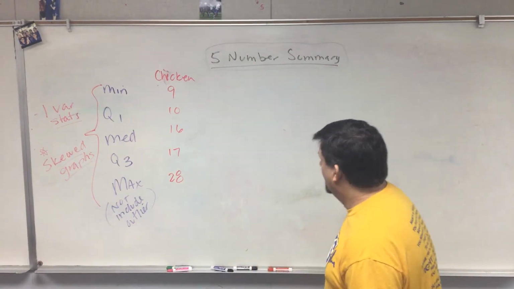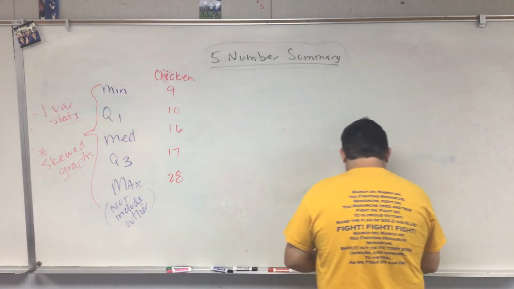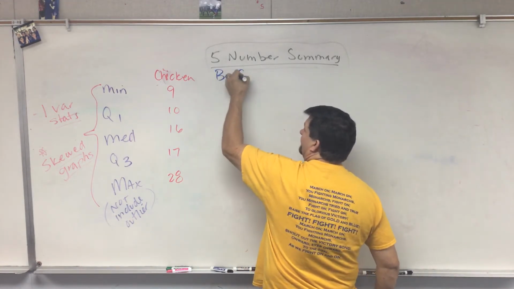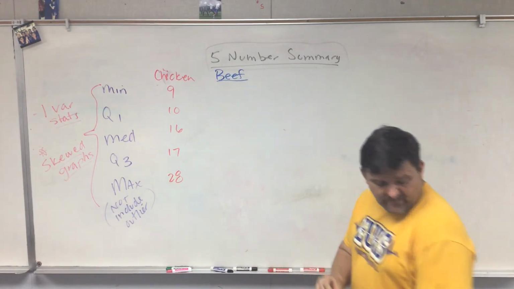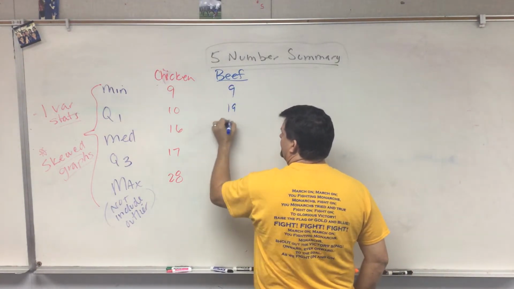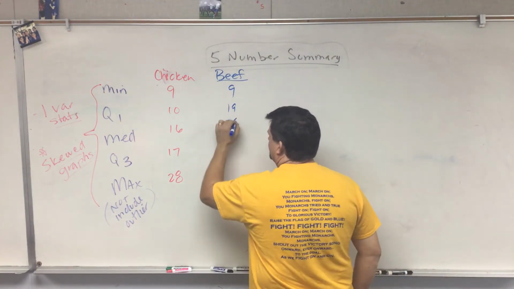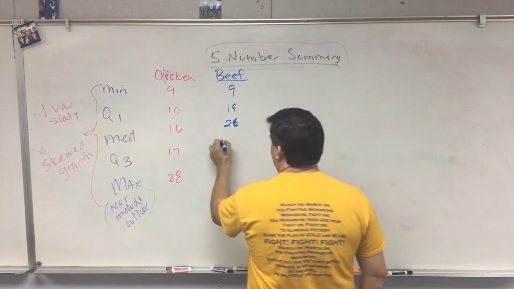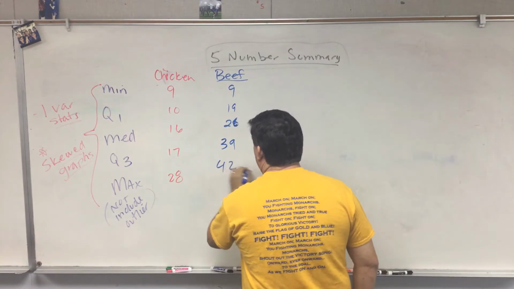All right. And then I have my beef data. We have our beef data, and it's 9, 19, 26, 39, 42. All right, so